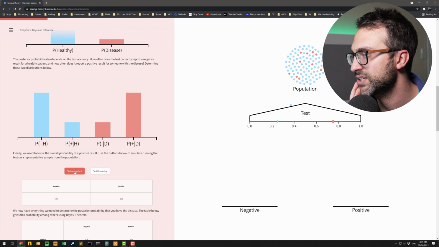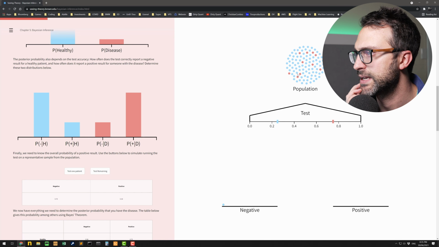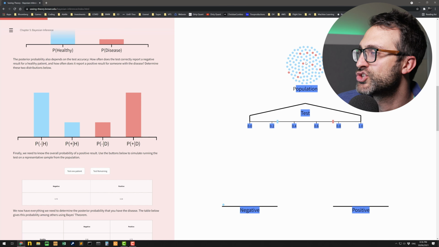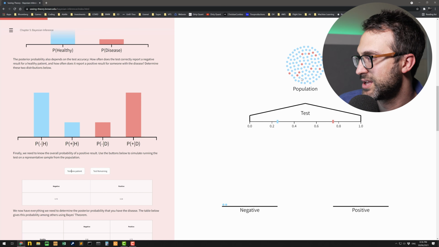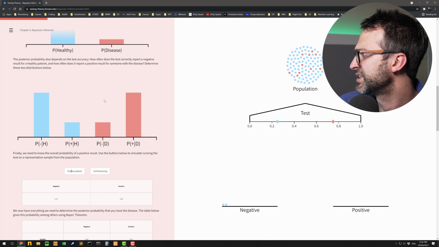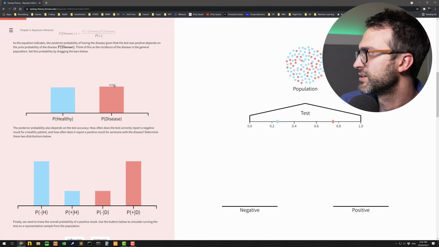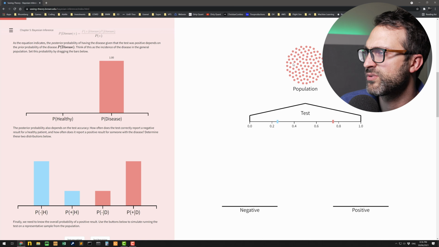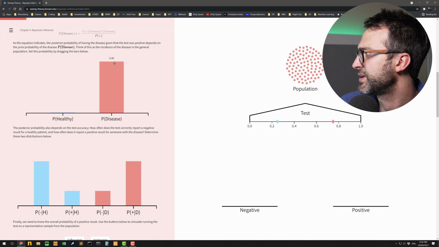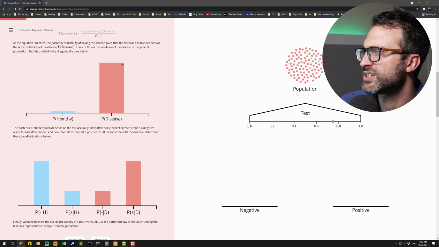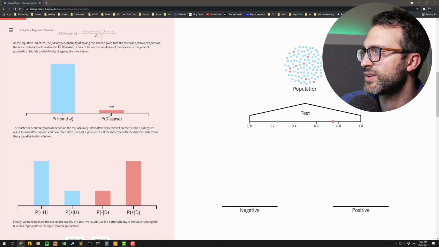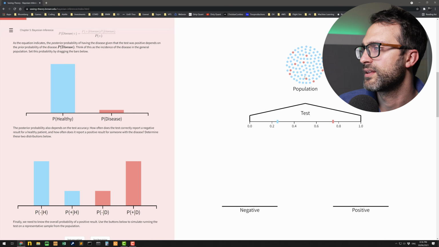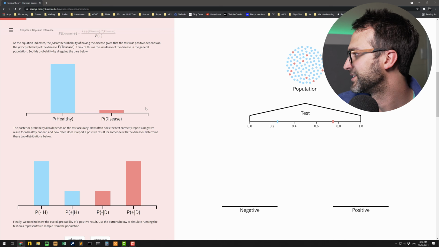So test one patient. Let's try. If I test one patient from the population, okay, this is my population. They're actually jiggling about a little bit, especially when I jam them. They sort of shuffle. I love it. So there's a few people with a disease, and that's probably this 10%. So if I just jam it all the way up, everyone's red, everyone's got the disease. What if I just make it 99? There should eventually be just a couple of people who are healthy. Actually, let's have a nice clean world. There's only very few people walking around in red with the disease, right?